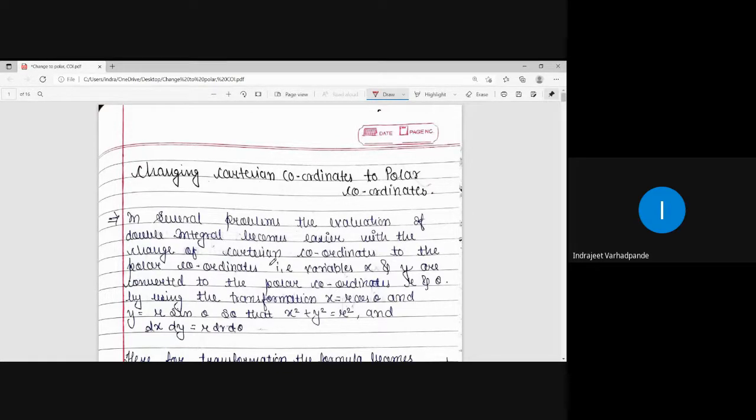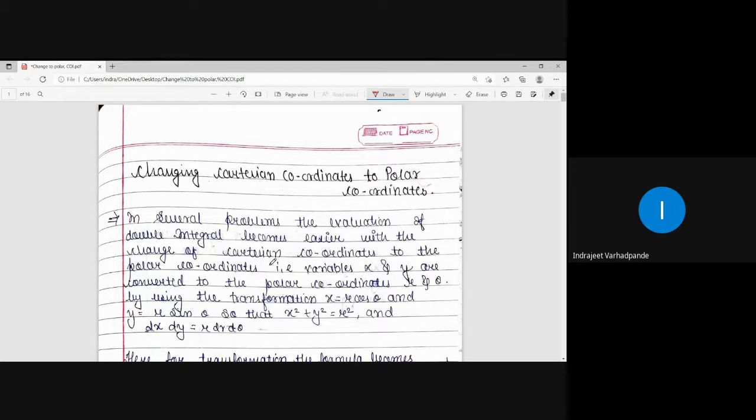So the first coordinate system discussed was the one in which the variables are Cartesian in nature and expressed in the form of x and y. The other coordinate system is the polar coordinate system, wherein we transform the variables x and y into the form of r and theta. x is equal to r cos theta and y is equal to r sin theta. Accordingly, we do the simplification and get the answer.